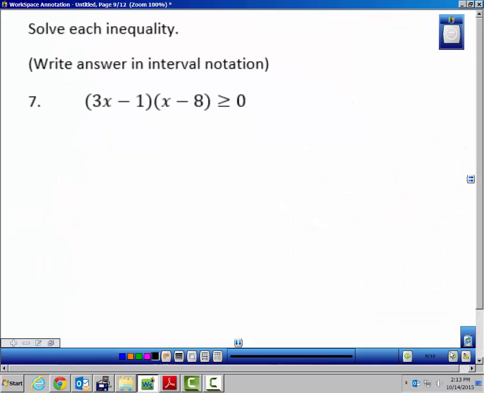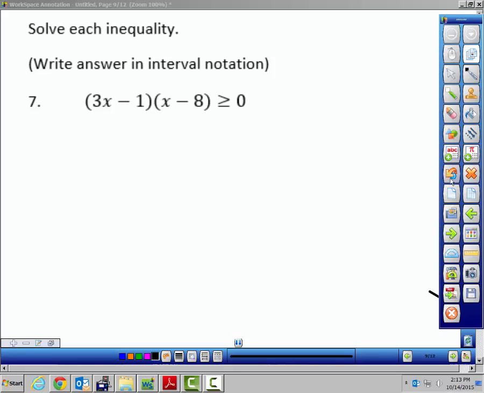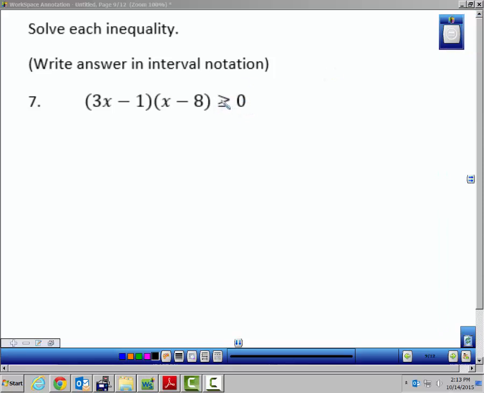All right, now we're on to the nonlinear inequalities. This one is ready to be solved because they've already got the inequality, the function on one side and 0 on the other. So I'm going to go ahead and write what they're asking for here. So this is your function. When is this function greater than or equal to 0? That's asking on what intervals